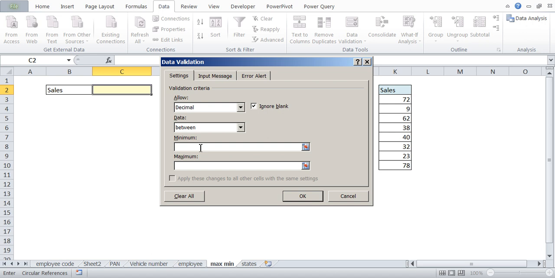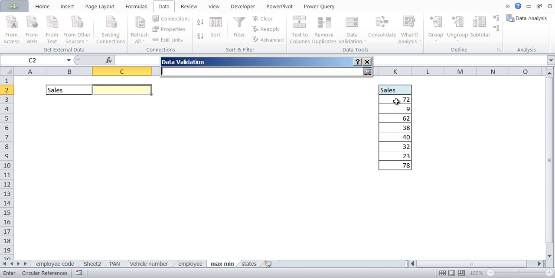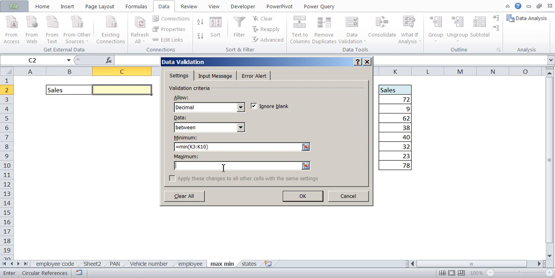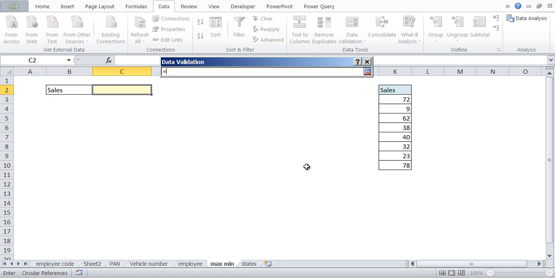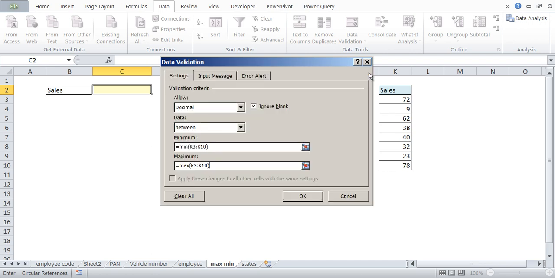So for minimum, we'll write equal to minimum, and we'll select this. And for maximum, we'll say equal to maximum, max, and include this, and press OK.